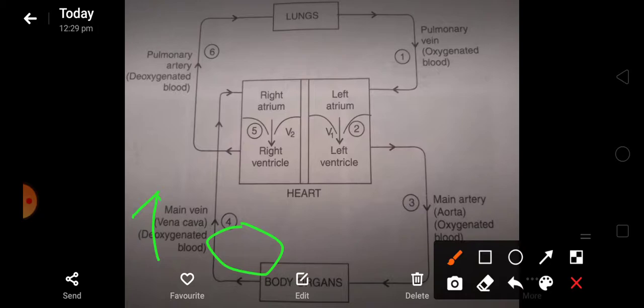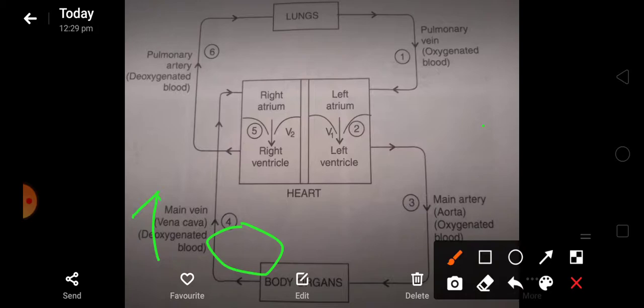Then the deoxygenated blood, which is carrying carbon dioxide from the body organs, enters into the main vein. This main vein is also called the vena cava. The vena cava carries the deoxygenated blood to the right atrium of the heart. When the right atrium contracts, the deoxygenated blood is pushed into the right ventricle through the valve